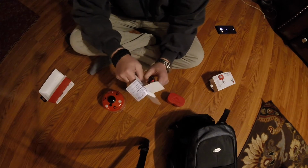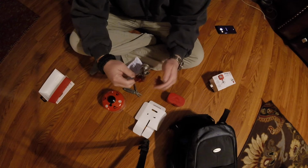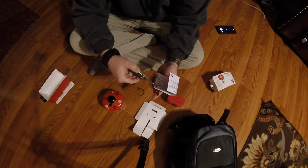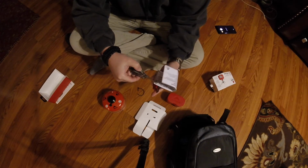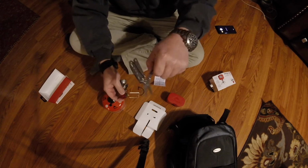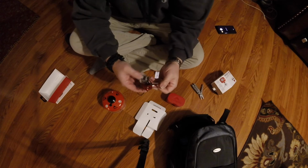Alrighty. Oh, gotta cut this label off. Yay! Another victory for the multi-tool. Alright, good job. Now,